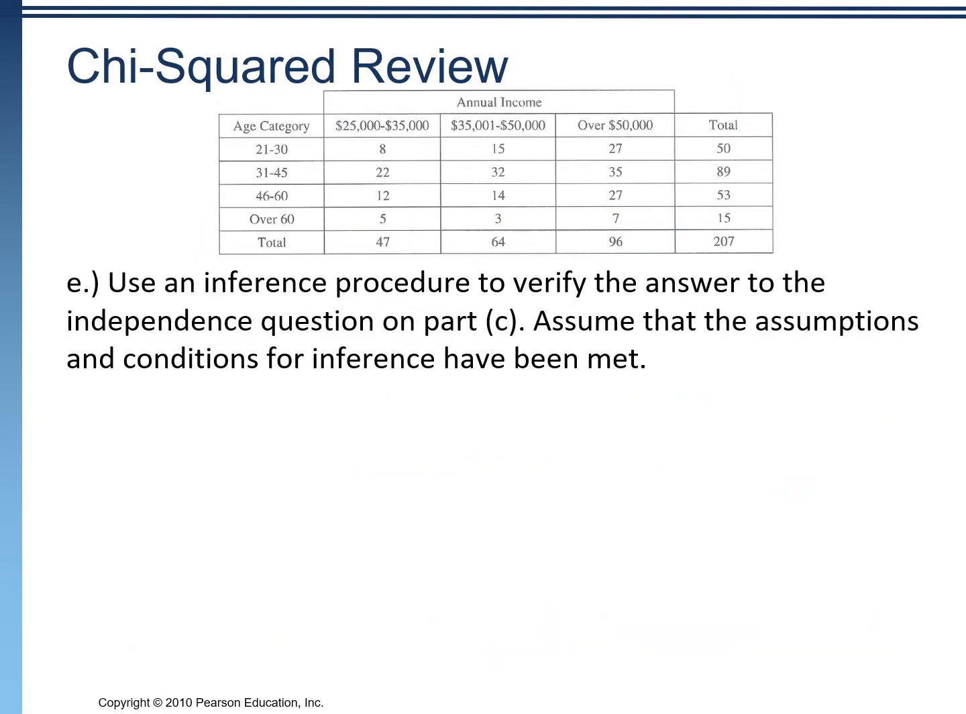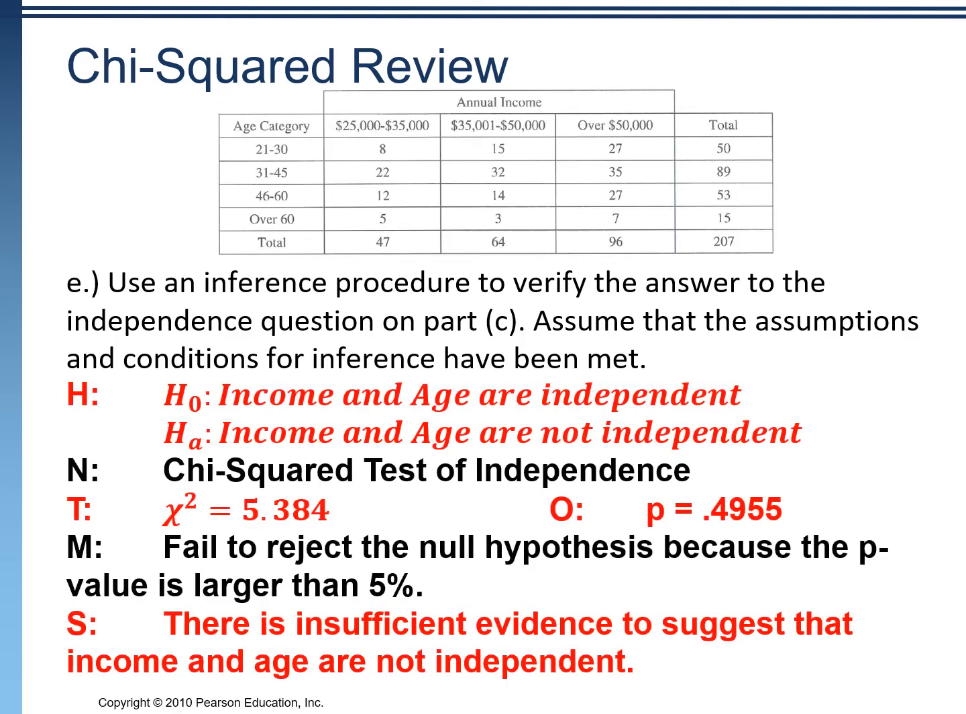Now we're asked to use an inference procedure to verify the answer to the independence question in part C. It's also noting that the assumptions and conditions for inference have been met, which means we don't have to check them. So this is going to be a chi-square test of independence, which is pretty obvious because it's asking are the variables independent. And remember, when we do a hypothesis test for chi-square problems, instead of doing the full PHANTOMS acronym, we're just doing HANTOMS. Okay, we can skip the parameter. And in this case, we're going to skip the assumption, the A also, because it's telling us that they've been